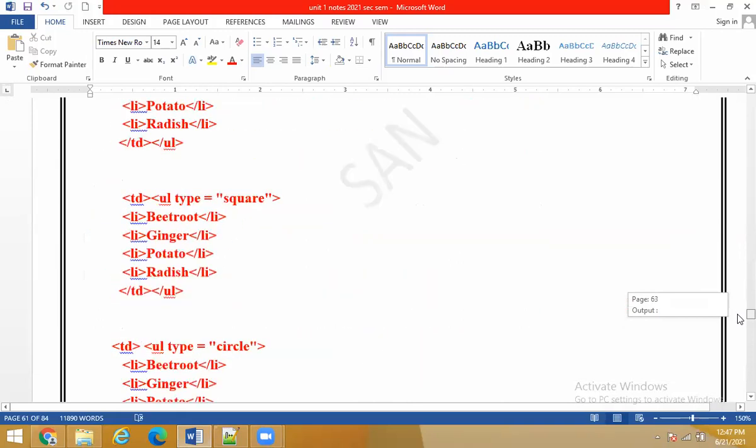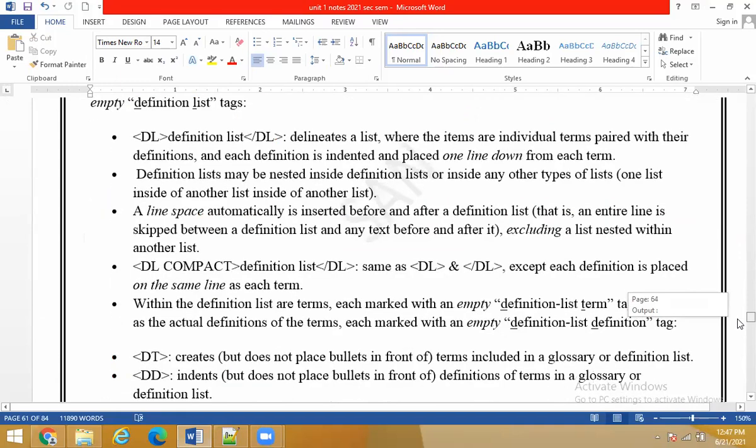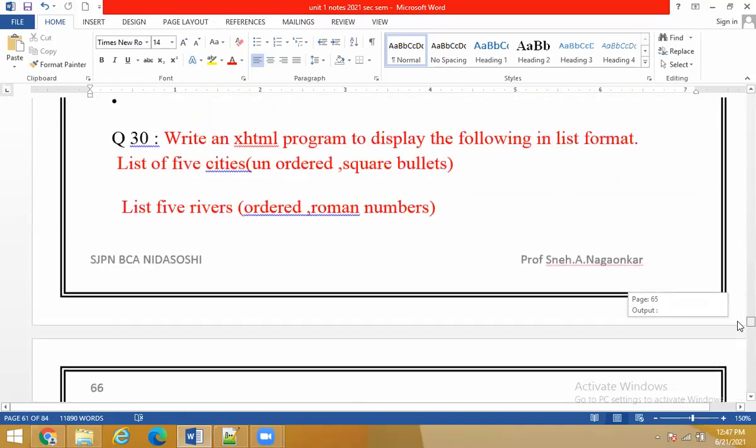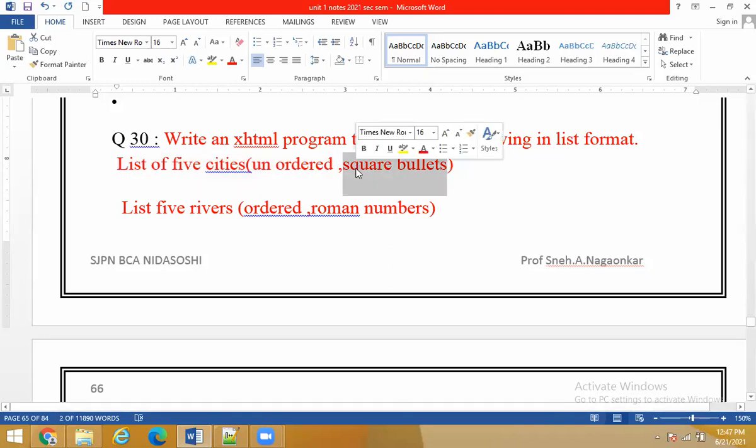See, this we already saw, that is an ordered list and unordered list. Okay. Then your today's homework is you have to solve this. You have to prepare a list of 5 cities which are unordered. Okay. List of 5 cities. You do not take any table or anything. Simply take the OL tag or UL tag. Take help of the OL and UL tag and directly put LI into that. You have to make a list of 5 cities which is unordered, and the bullets for that are square bullets. The type of the list is square bullets.